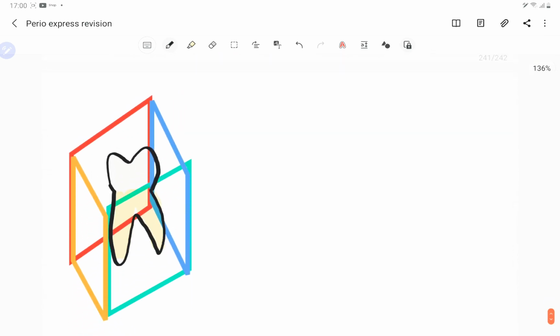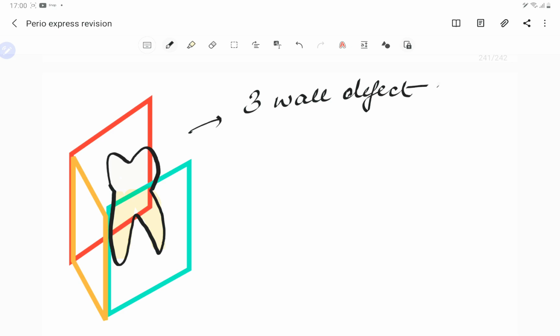So in this particular kind of situation, you can see we have one wall missing, guys. So this particular situation becomes a 3-wall defect, right? 3-wall defect. Now again, if we take one more situation, guys, wherein